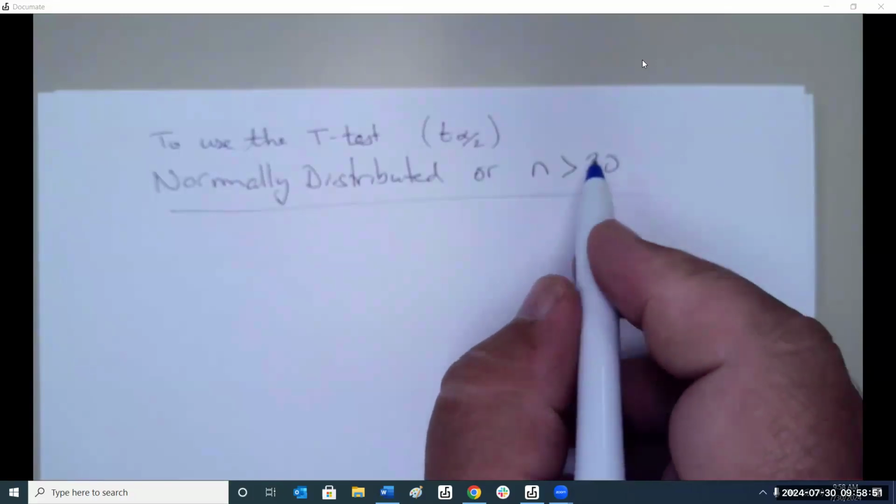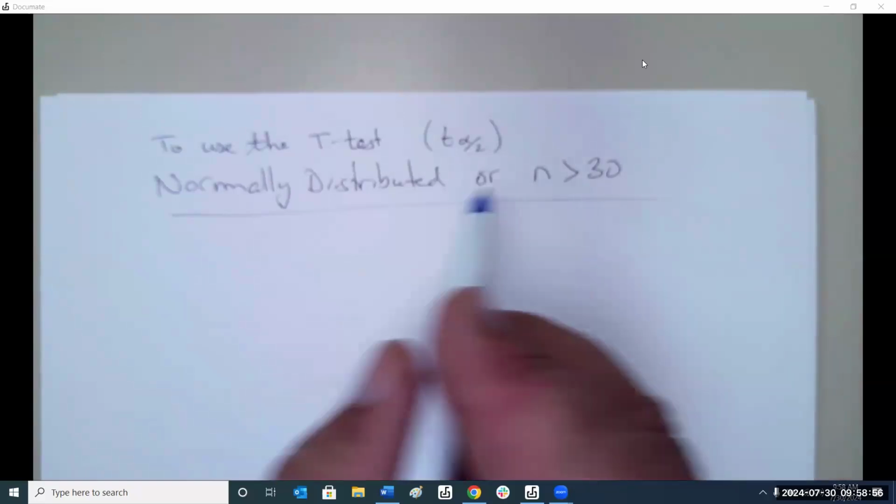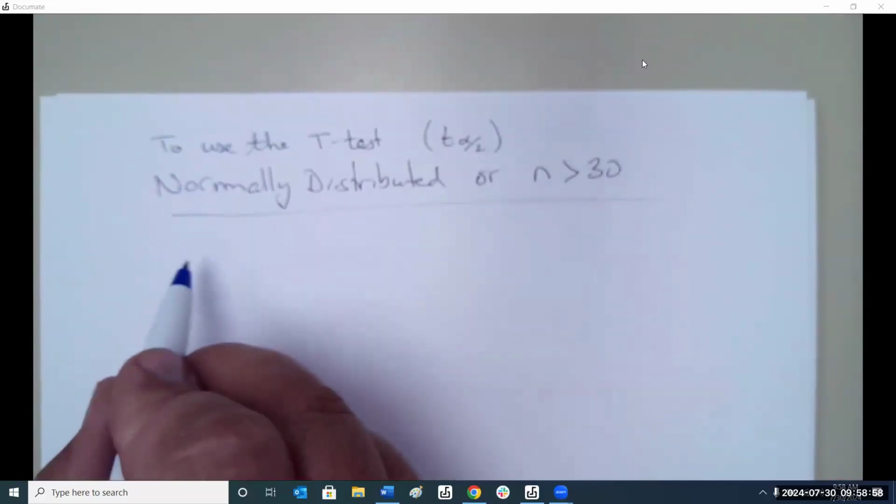If it's greater than 30, it doesn't matter, we can use the t-test. But if it's less than or equal to 30, then we have to make sure it's normally distributed, which means